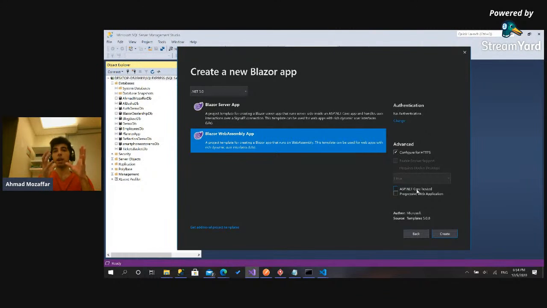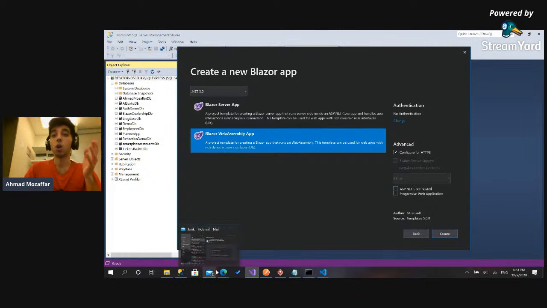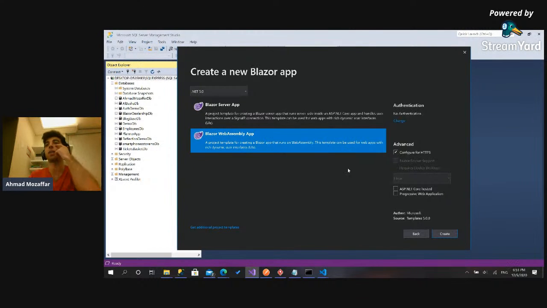This means the ASP.NET Core API will serve the Blazor WebAssembly to the client, and in this case, we will go with it just for one thing, because when we deploy the app, we can deploy it as one unit. We just deploy the server, and the client is going to be out there. Whenever you access the URL, you will retrieve the client application, and the API is also out there in one publish. So this is why I will check this one and make it available. So when I click Create,